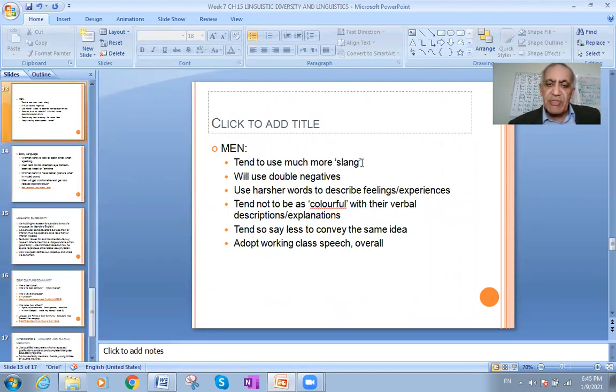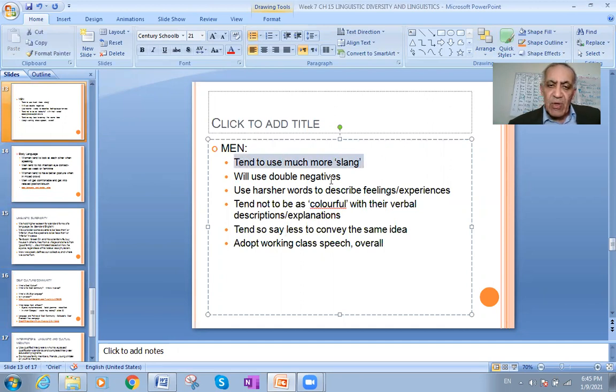Men tend to use much more slang, will use double negatives, and use harsher words to describe feelings and experiences. They tend not to be as colorful with their verbal descriptions or explanations, and tend to say less to convey the same idea. They adapt working-class speech overall. Okay,